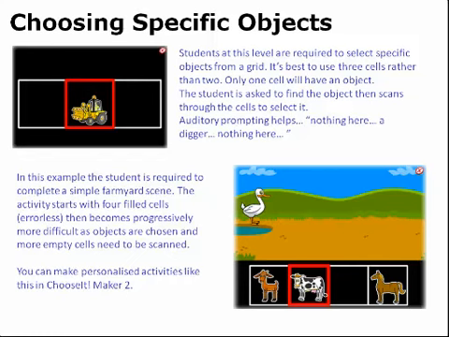Using empty cells is great. This particular piece of software has lots of different levels of this. So empty cells first and one object. And in the next example, you build a scene, and the scene's a farmyard. We have 4 animals in the grid, and every time a child chooses one of those animals, it introduces an empty grid. That then is emptied. So the auditory prompting would be a goat, a cow, nothing here, a horse,